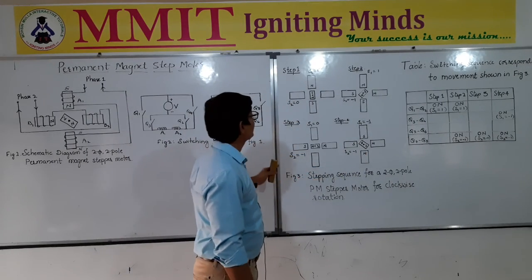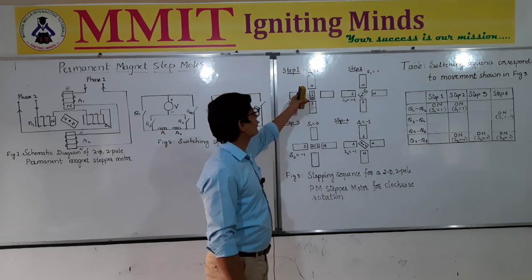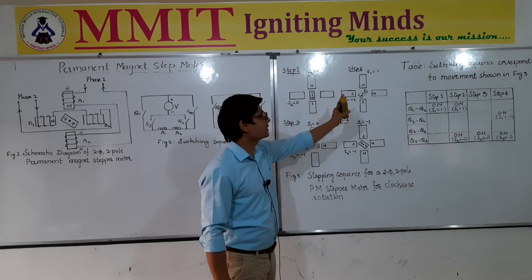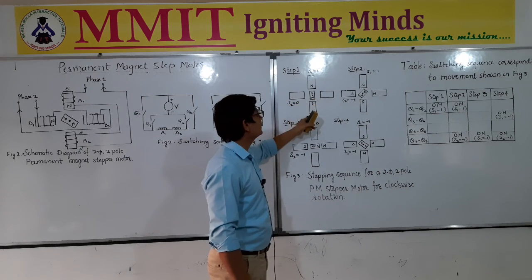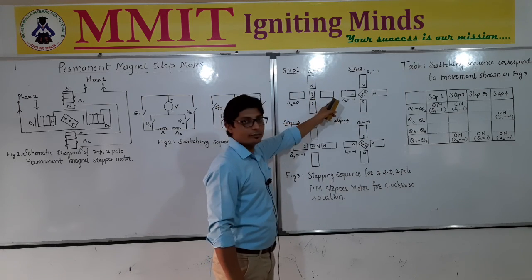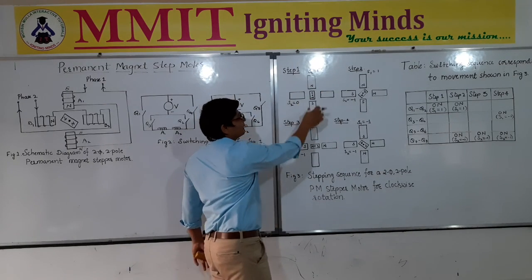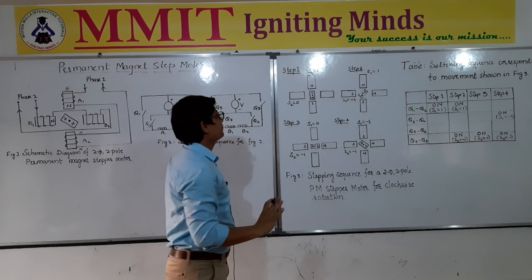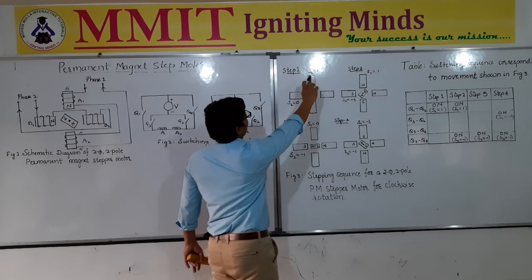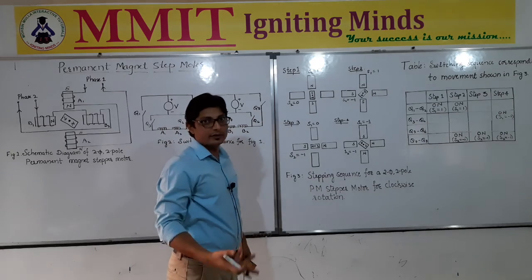So here I have represented the different positions of the permanent magnet when the coils are energized step by step. This pair is for the A winding and this pair is for the B winding. For all four diagrams you have to remember, vertical poles are the A winding, horizontal poles are the B winding. Now S1 equal to 1 indicates that the first winding is given supply, it is turned on,